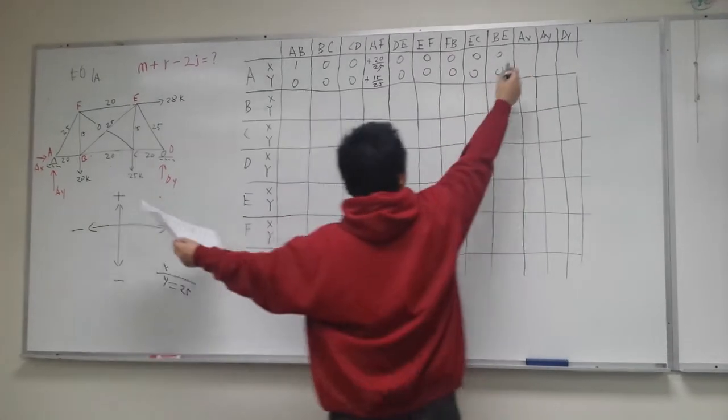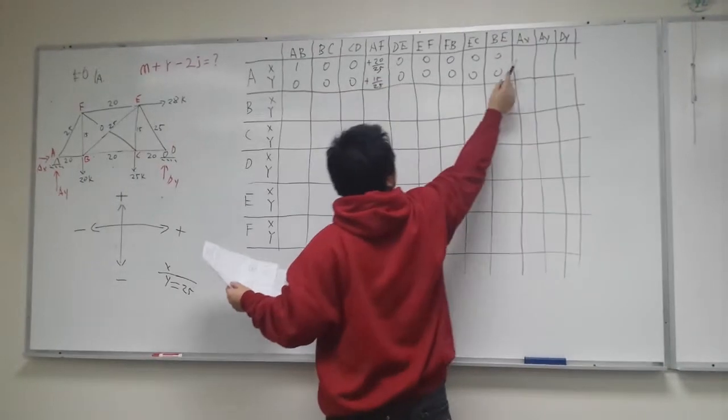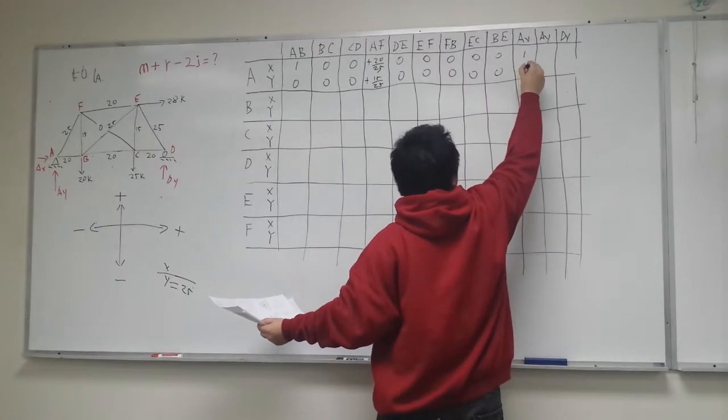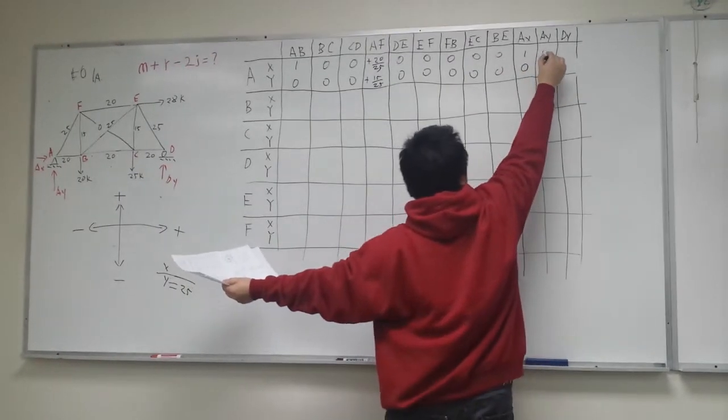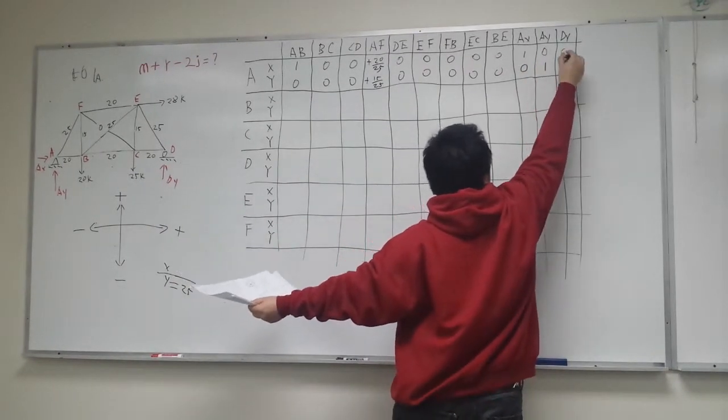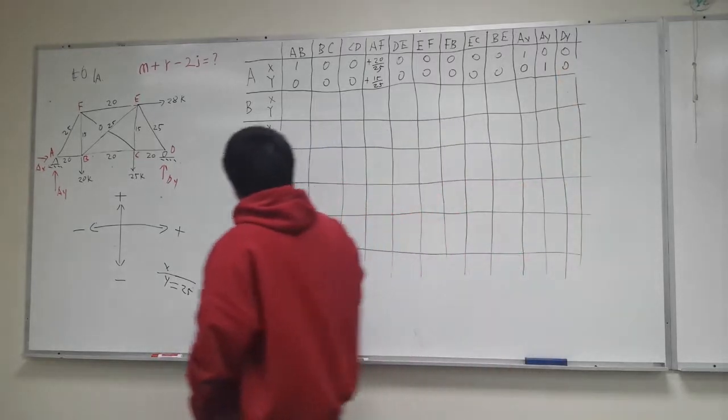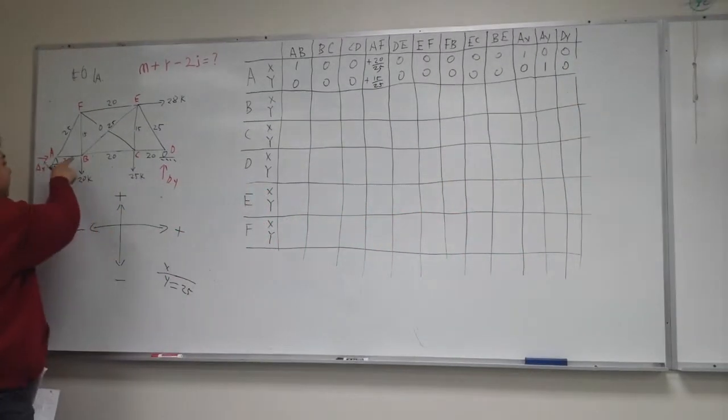AX: in the x-axis, we have 1, but in the y-axis, we have nothing. AY, same thing. In the x-axis, we have nothing, but in the y-axis, we have 1. So 0, 0. For point B, right here,